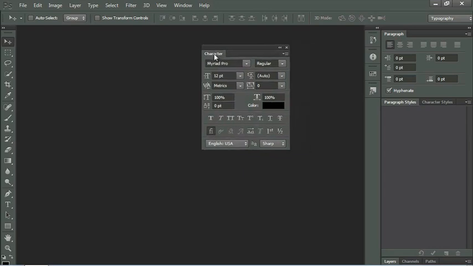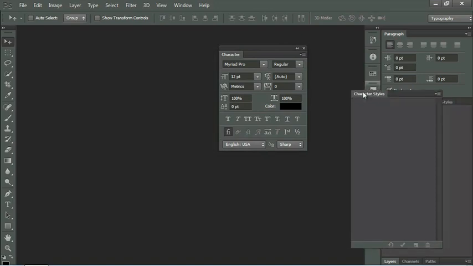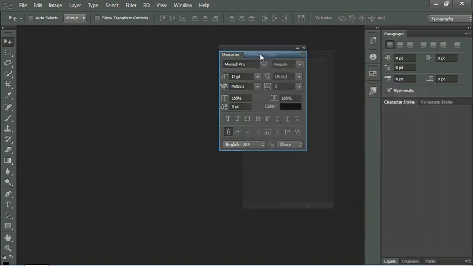So I can click and drag this and place this anywhere on the screen I would want to. Now I said I wanted to group Character and Character Styles together. So what I'm going to do is grab the Character Styles tab and drag it out next to Character. When I bring it next to the tab in the Character panel, you'll notice that I